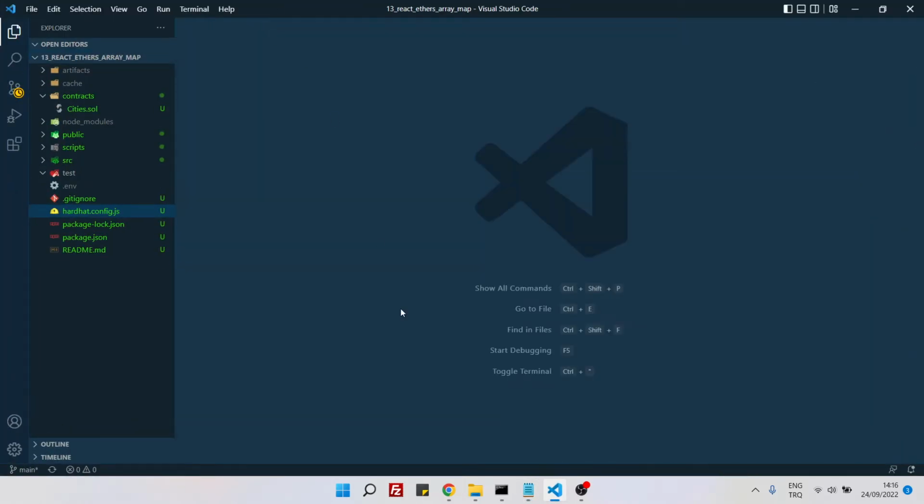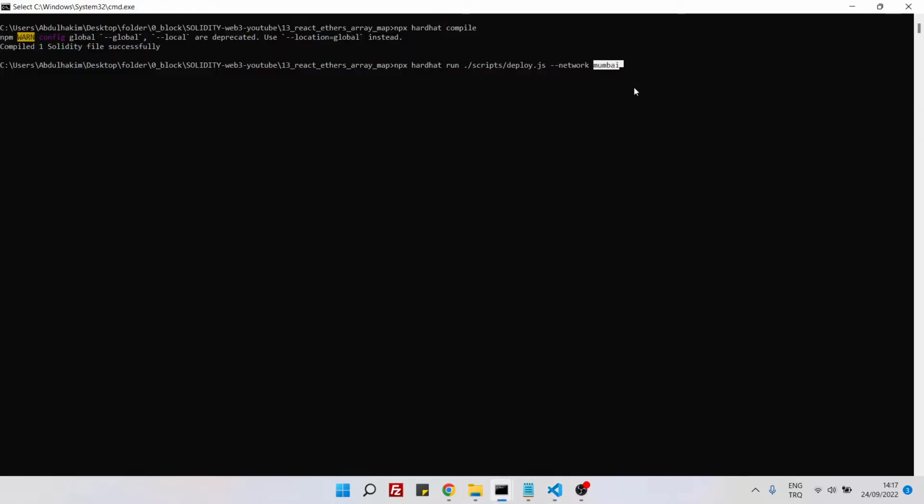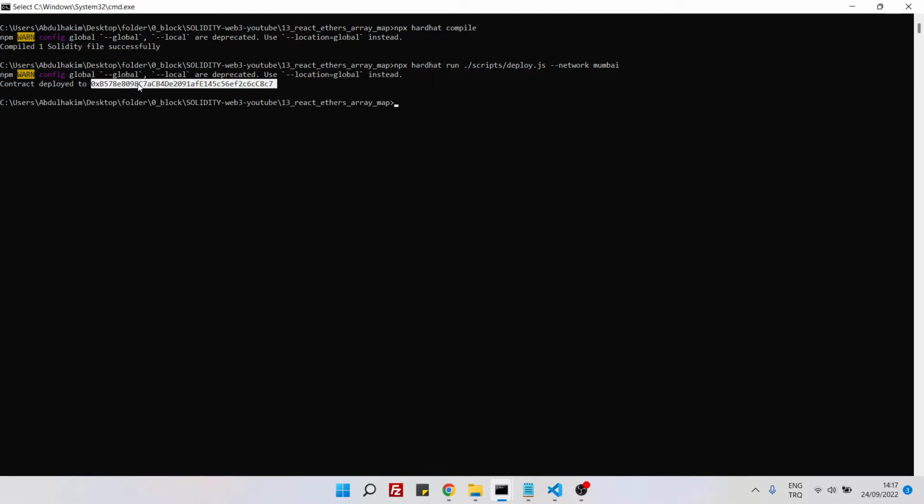So yeah, and now we can deploy our contract. So --network mumbai, press enter. Hopefully this should deploy our contract to the Polygon testnet Mumbai in 10 seconds, let's say. And once we have our contract address, we will grab it and save it in a file. Yes, contract deployed to this address. Great. Just copy it,